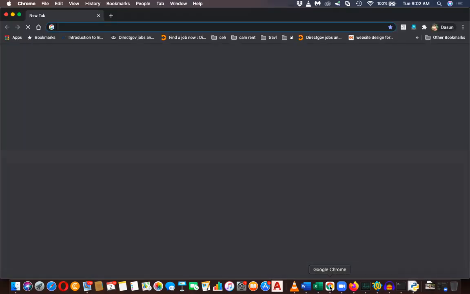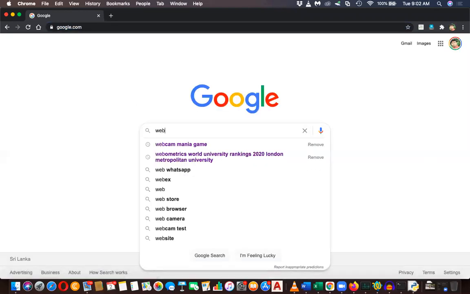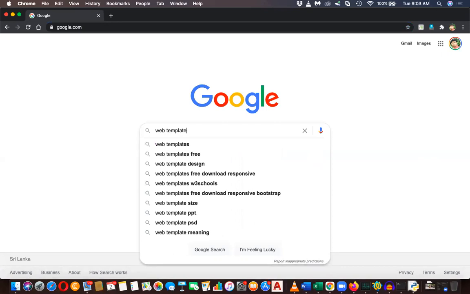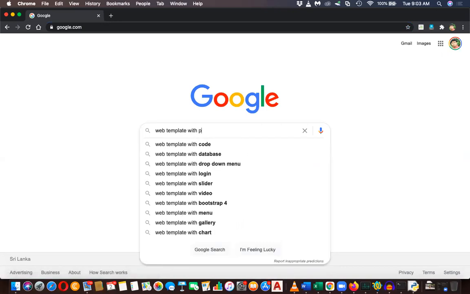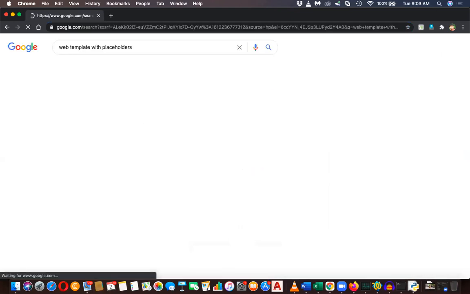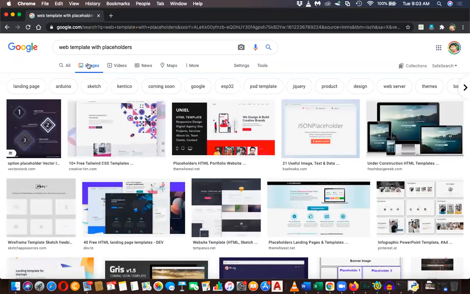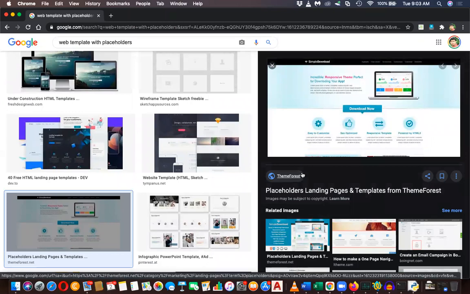If you search for a template, let's say web template with placeholder text. With placeholders, you can see something like this. You will be given the website, but not with the actual content.